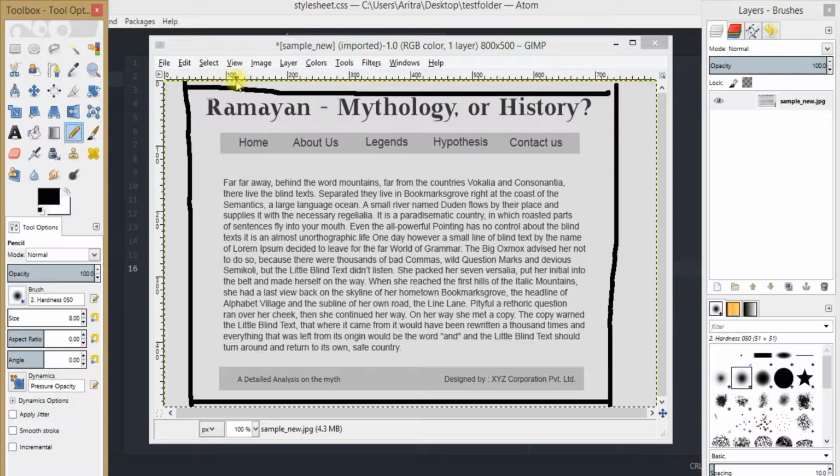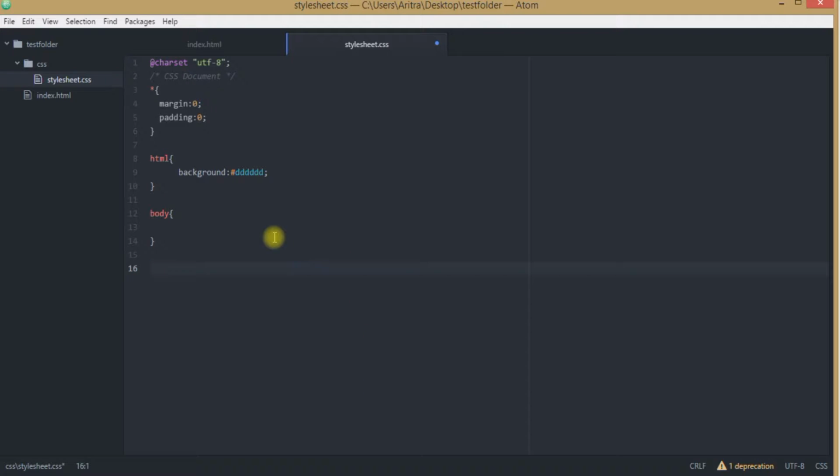So the first thing is we are creating a mother wrapper which is at a width of 1000 pixels, and for the time being, to make ourselves sure that the div has been properly imposed into our web page, we need to provide a background color over there and a height. So this is what we are going to do in the very first situation. We are just getting back to our project stylesheet.css, and we are going to create our mother wrapper.